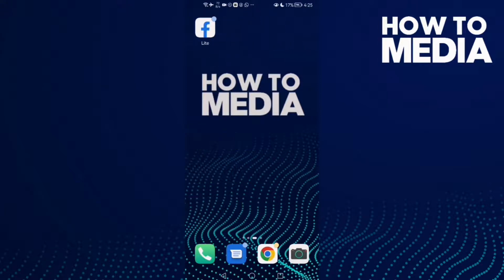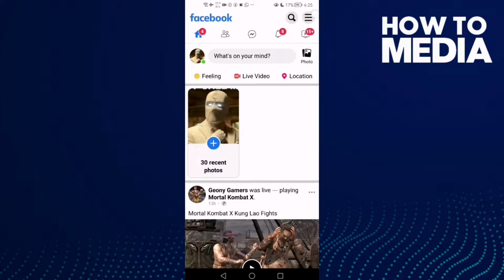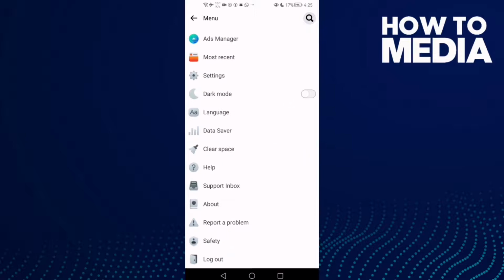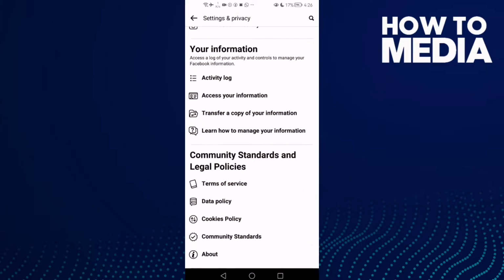First thing, go to Facebook Lite. Here you will find these three lines in the top corner. Click on it and go down, click settings, and here just go down again until you find transfer copy of your information,